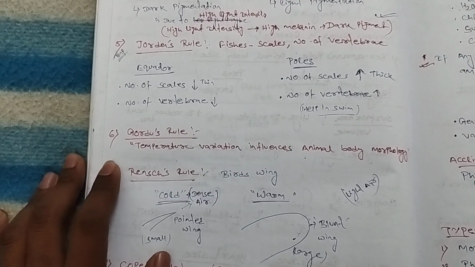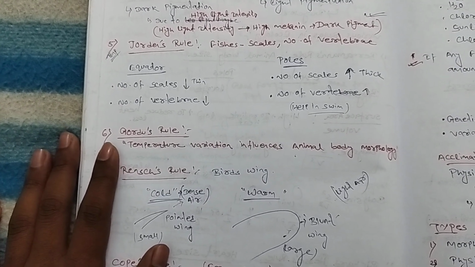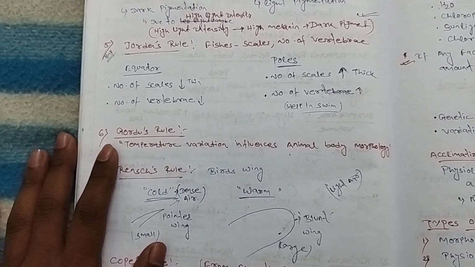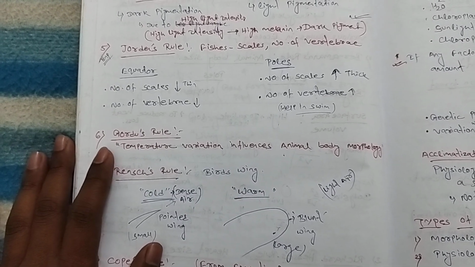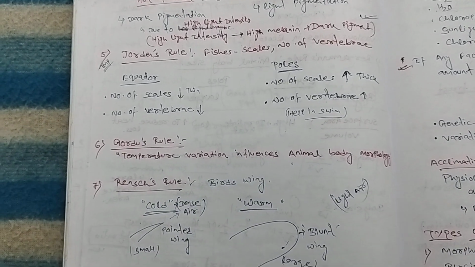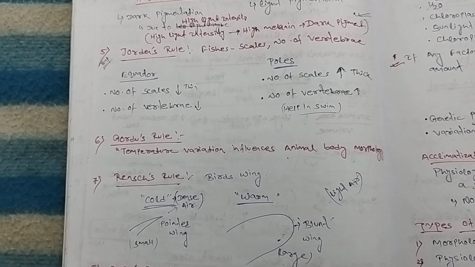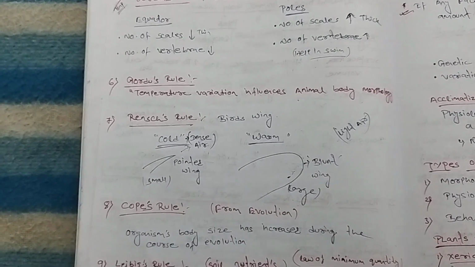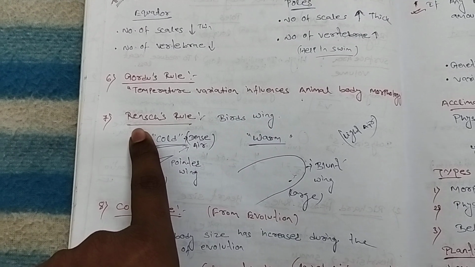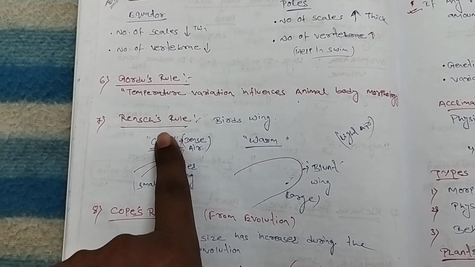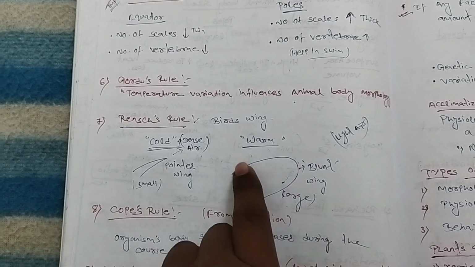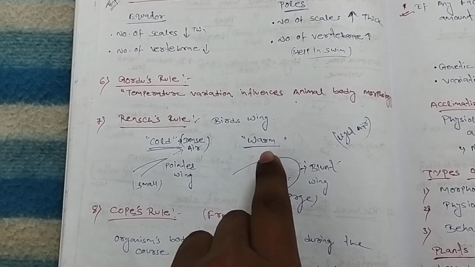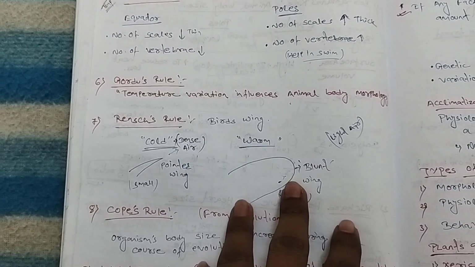Then come to the sixth rule, that is Gause's rule. Gause's rule simply says that the animal body size may depend upon the temperature. That means temperature variation may affect the body size of the animal. And come to the seventh rule, that is Rensch's rule. This rule is important because it says about something unique, that is a bird's wing. How a bird's wing differs